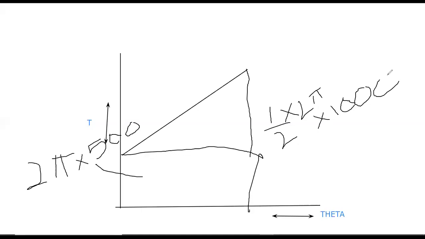So adding these two areas, you will get the final area. If I calculate it, the 2 and 1000 will cancel to 500, so it becomes the same value, because it is 500 and 1500. So it is 2 pi into 500 plus 2 pi into 500, which is 1000 into 2 pi. Now, to find the mean torque, we have to divide this energy by, that is what is done in the next step.